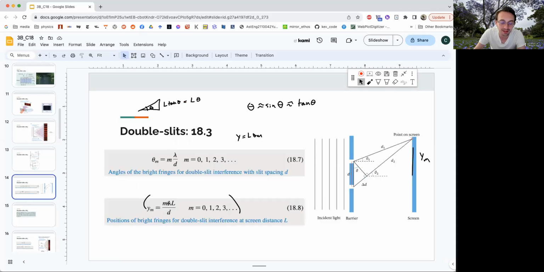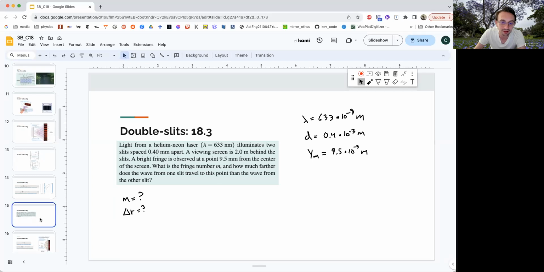So we have the equation y equals m lambda L over d. Oh, sorry, they also told us L here, which is 2 meters. Somehow skipped over that. So then y is m lambda L over d. So we can rearrange that, and we find that m is yd over lambda L. And just plugging in our values to a calculator, which I've done myself here, we get a value of 3, which